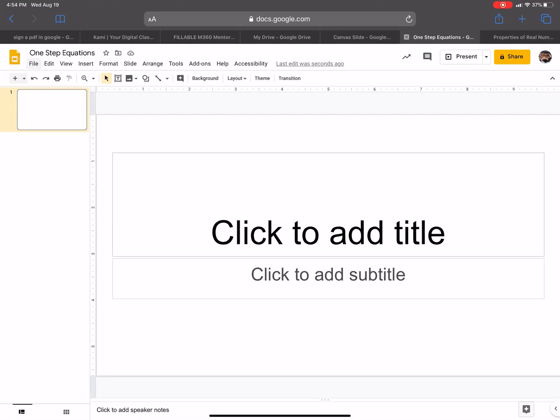Guys, I'm going to show you quickly how to make a Google slide, kind of drag and drop, kind of like a worksheet. Kids are going to be able to answer it just by taking their mouse or whatever and dragging and dropping their answer into where you want it to go. So how you set that up is you start with a blank